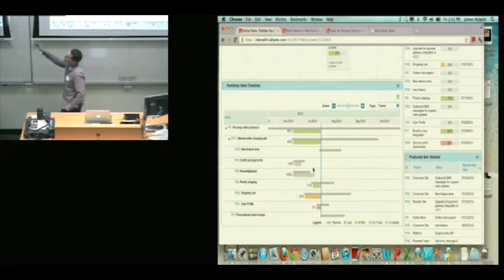So we can see that the grey bars are the original planned start and end date for the PI. The green bars represent, or it could be a yellow or red bar, but the bar underneath is the actual, so where the PI is currently at. And then, of course, you've got your percentage indicator right next to it on the timeline, so you get a sense of how far you are through all of that.